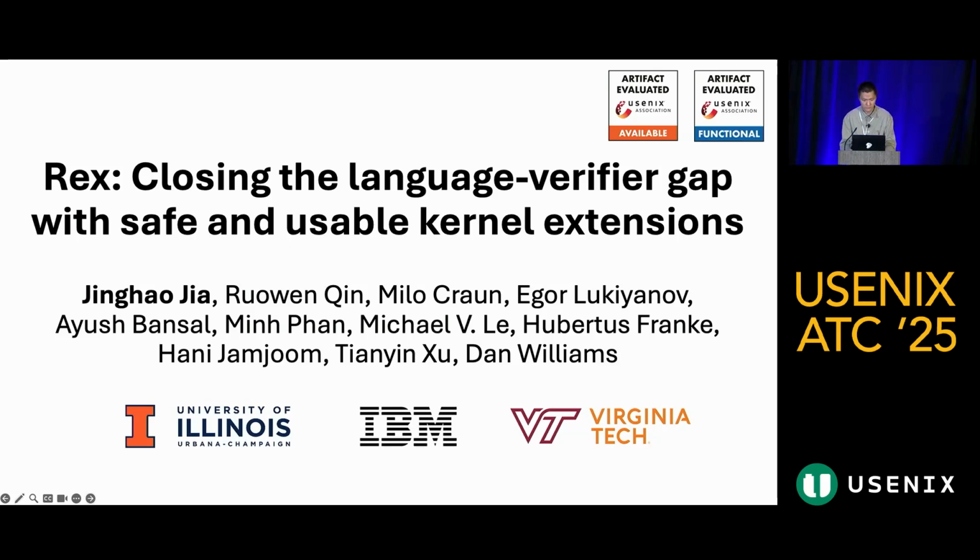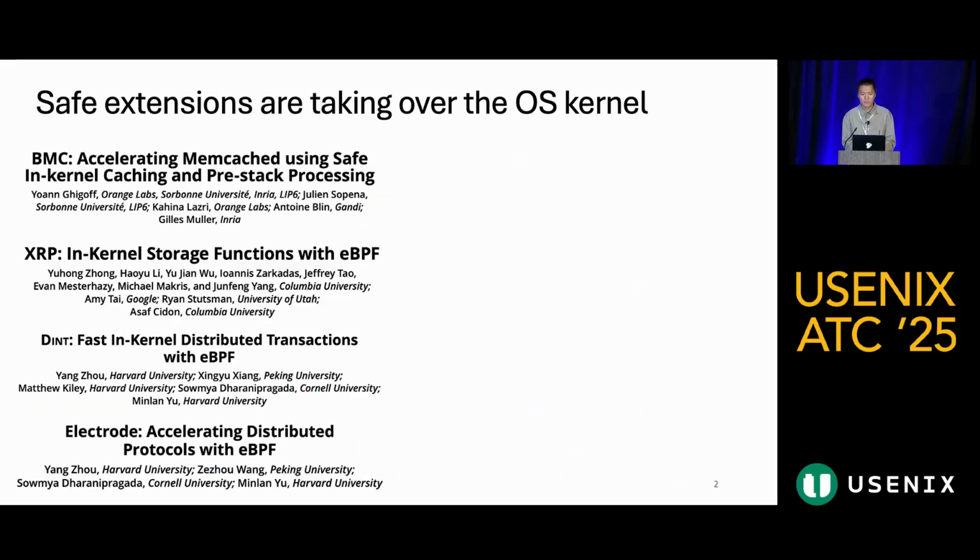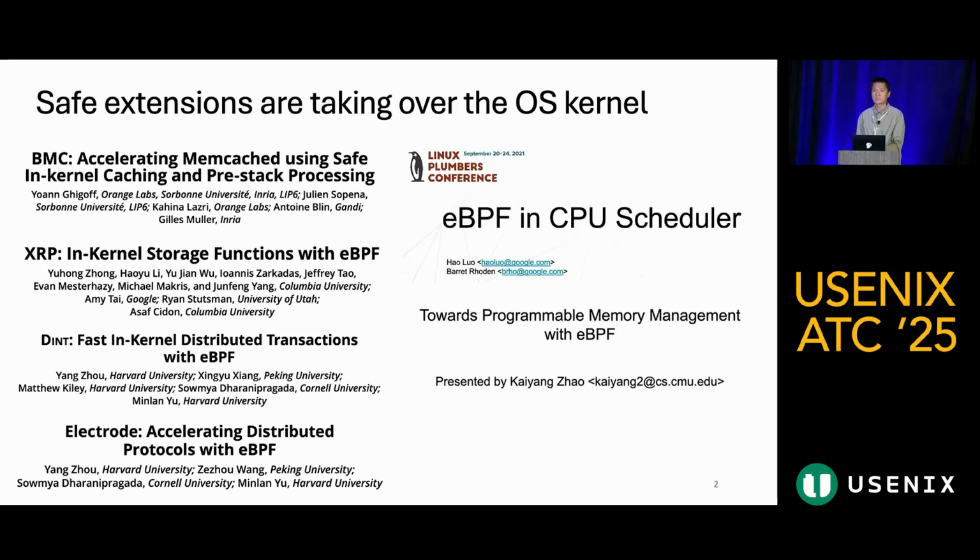In recent years, safe kernel extension, exemplified by eBPF, has become particularly popular and has seen a lot of use cases. Those range from networking use cases such as Cilium and Cron to tracing use cases represented by the BPF Compiler Collection and bpftrace. And people are actually exploring new use cases of eBPF. There have been research works on applying BPF to consensus protocols and storage systems, as well as custom CPU scheduling